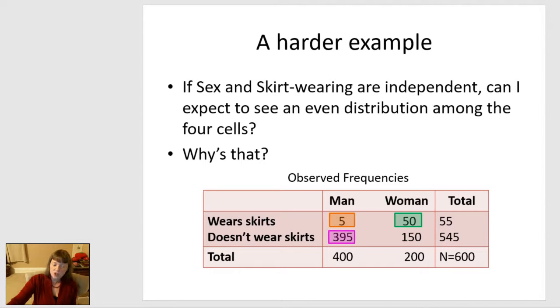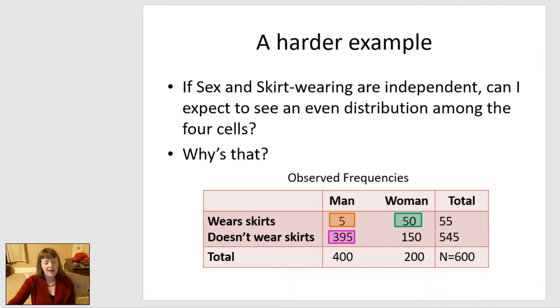Because even if gender and skirt wearing have nothing to do with one another, my biggest group should still be men not wearing skirts, because I simply have more men, period, and more not skirt wearing, period, even among the women. And so even if gender and skirt wearing are completely independent, I should still see this as my biggest group. And because I have fewer women, and because I have not very many people wearing skirts, women wearing skirts should be my smallest group. And so I'm now going to have to, even in that null hypothesis universe where gender and skirt wearing are completely independent,